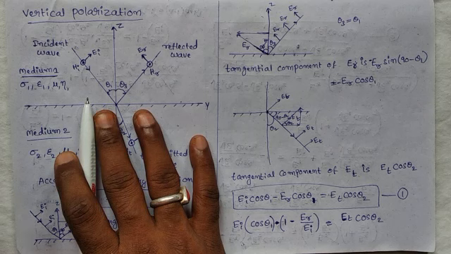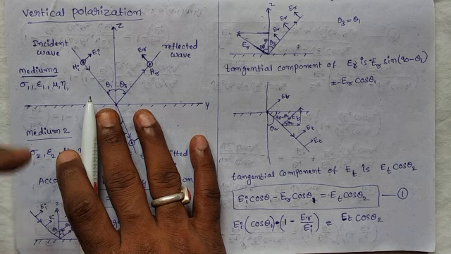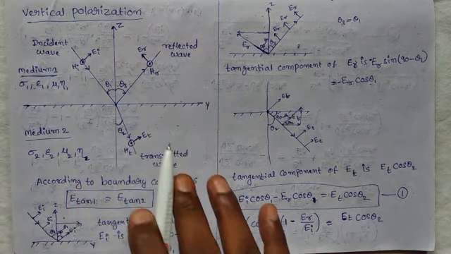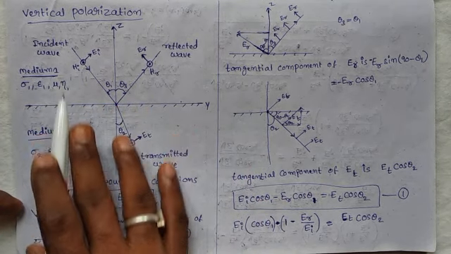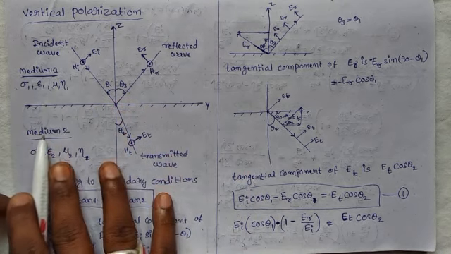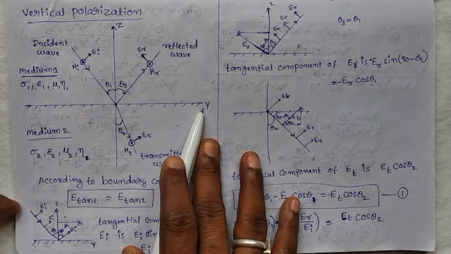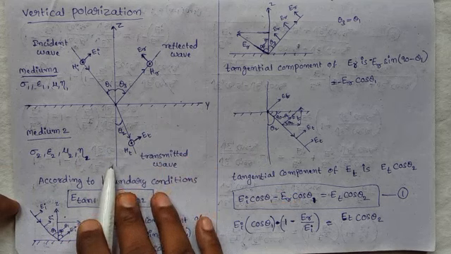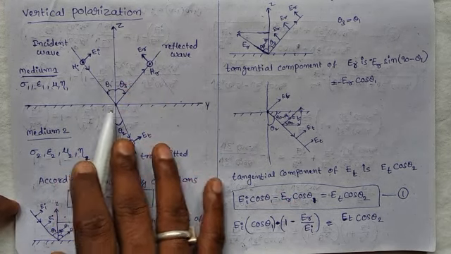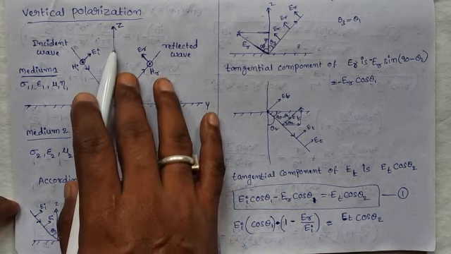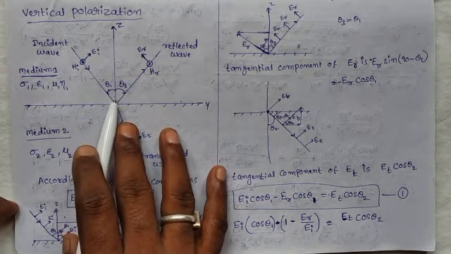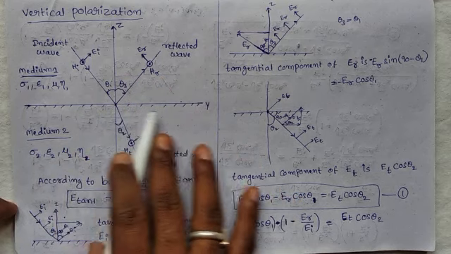It is the reflection coefficient between two dielectric mediums. Here for this case I am considering two dielectric mediums. This is medium 1, this is medium 2. These two mediums are separated by a line called the boundary. Now we are drawing the normal line, normal to this boundary. This is our normal line, which makes an angle of 90 degrees with the boundary.